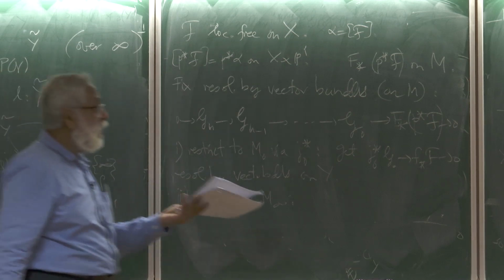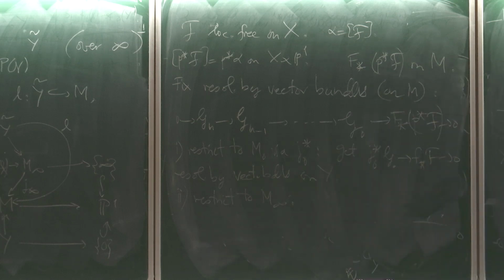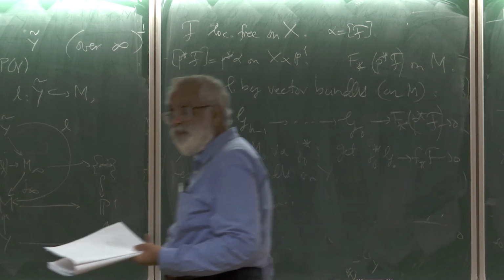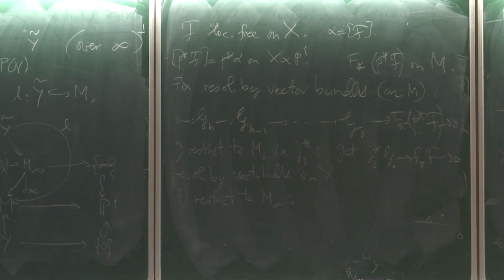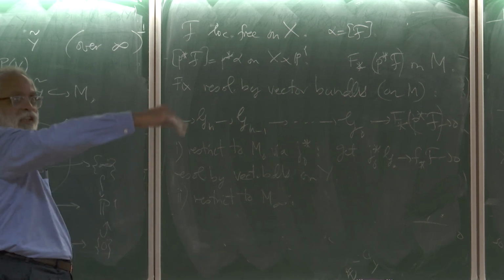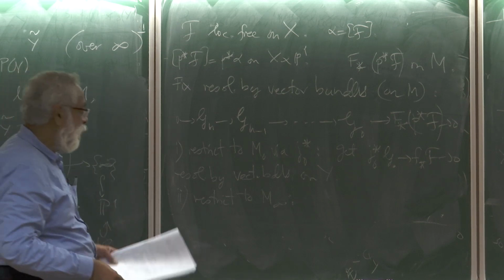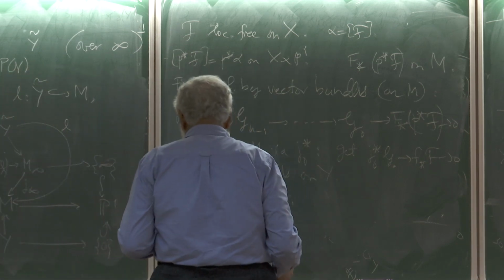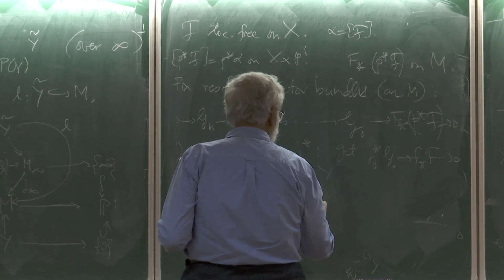Little f is the original embedding I started with. F bar was the one parameter version of it, which at every time t not equal to infinity is the original embedding x equal to y, and at t equal to infinity is the embedding into P of the normal bundle of something. That is the deformation to the normal cone, right? Everything outside the normal cone is the original embedding, a constant thing. So restrict to M infinity, get resolution